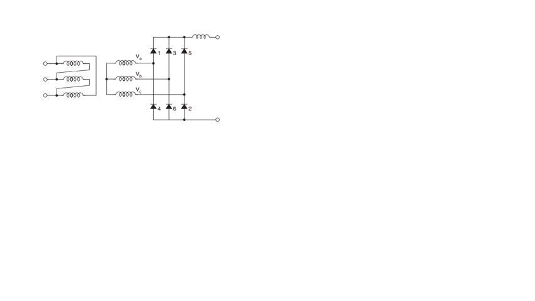So in the previous problem we have seen the effect of alpha, the firing angle, on our DC output voltage in the rectifier side. Now there is one more thing that affects our output voltage, that is your source inductance. So this source inductance, what it does, is that it makes your circuit